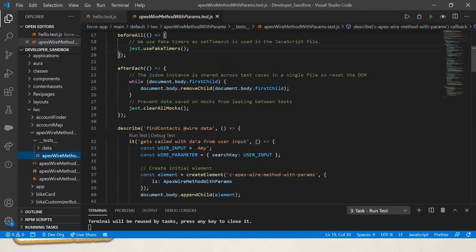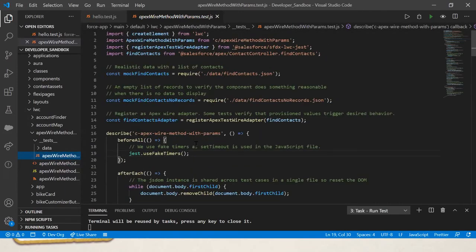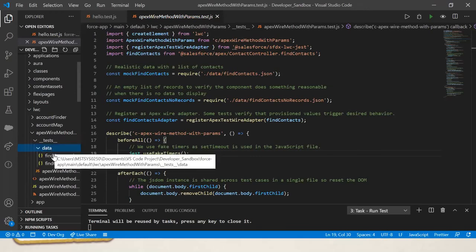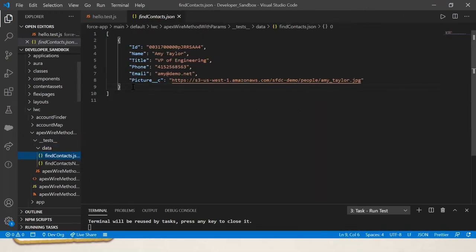Since we are playing with the data from the server, we have to keep in mind to use JSON files. Within that __test__ folder, we have to create one more folder called data. With that, you create all the actual data that will be coming from the server side.